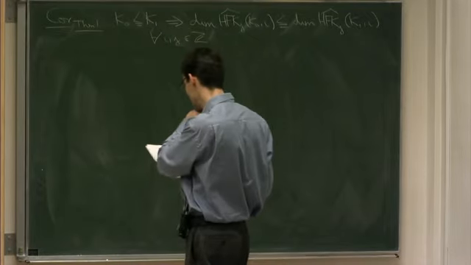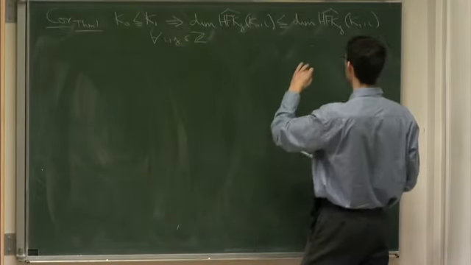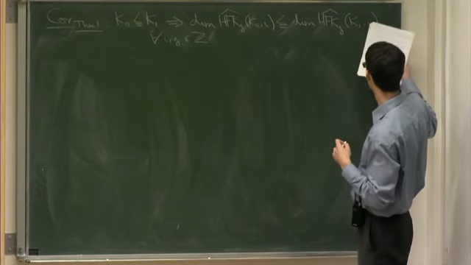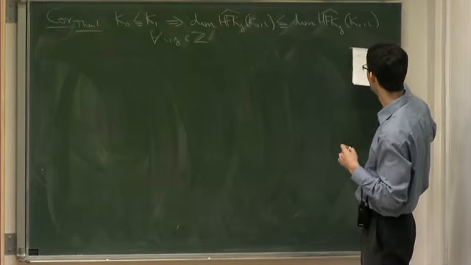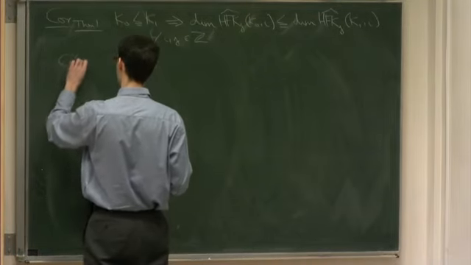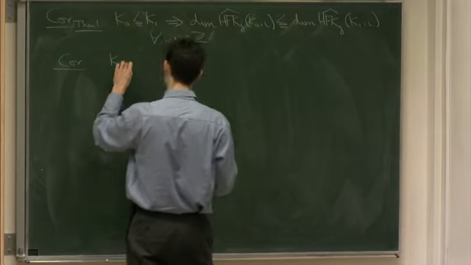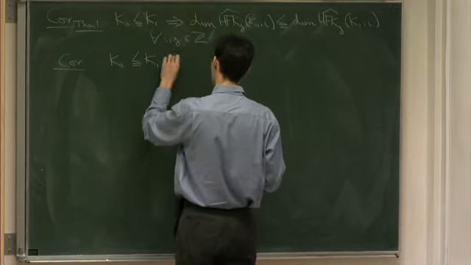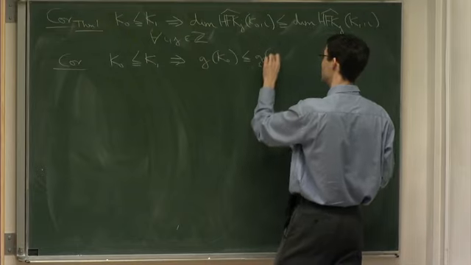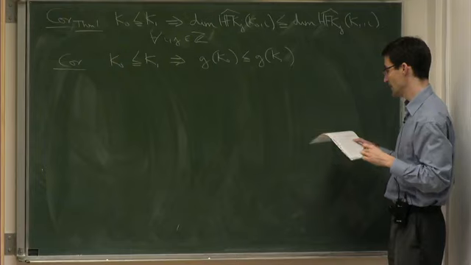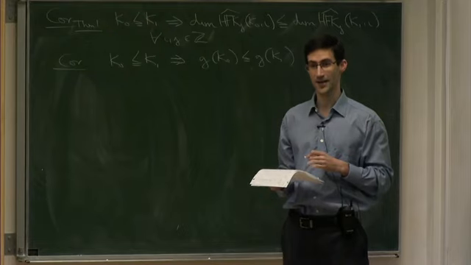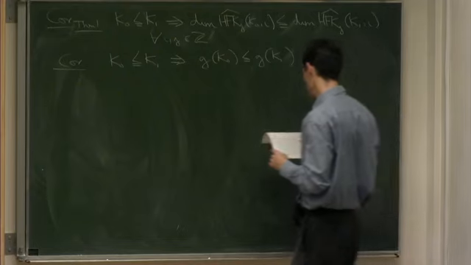And if you combine this with the theorems that Floer homology detects the genus, so the largest I for which this group is non-zero is the Seifert genus, then you get the following corollary. So if K0 is less than or equal to K1, then the Seifert genus of K0 is less than or equal to the Seifert genus of K1. This also follows from more classical results of Gabai,